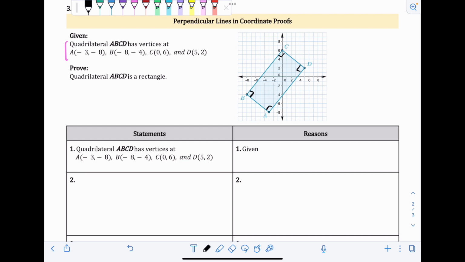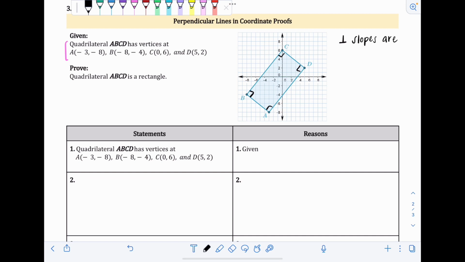In order to prove that the slopes are perpendicular, their slopes need to be opposite reciprocals. The way that we'll write it in the proof, though, is that the product of the slopes is -1. That was one of the things that was introduced in that perpendicular section. So I'm going to add the perpendicular symbol. Slopes